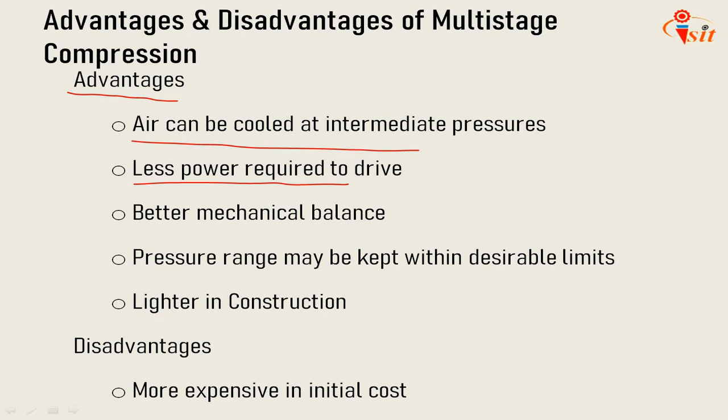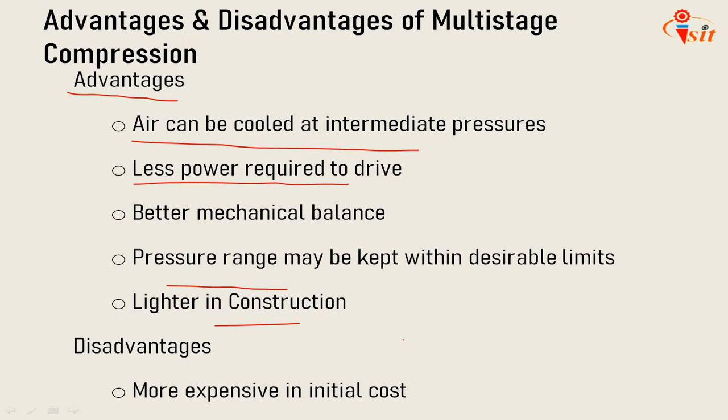This results in reduced losses due to air leakage, improved lubrication, and improved volumetric efficiency. The cylinder in a single stage machine must be robust enough to withstand the delivery pressure. The low pressure cylinders of a multi-stage machine may be lighter in construction since the maximum pressure therein is low.